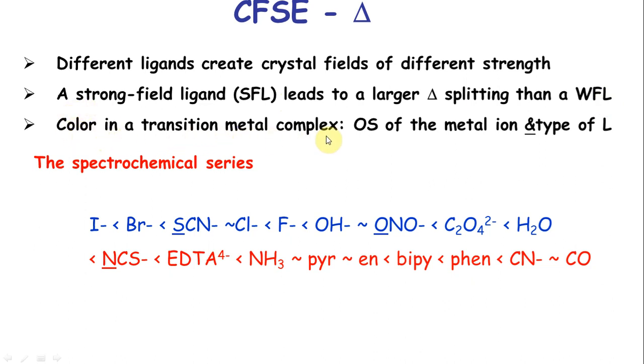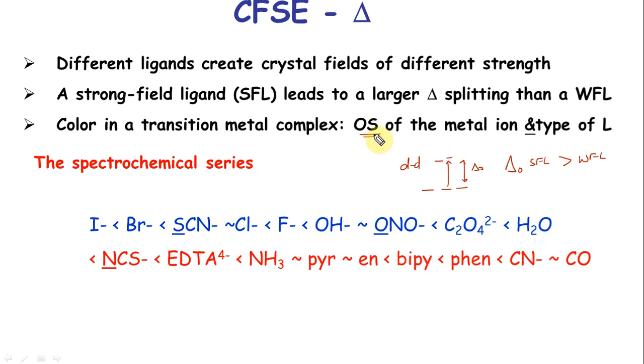The color in transition metal complexes will depend on two things. Maybe if I write it down, it might be easier. Let's say I have three of them, two of them. This is the delta naught. The delta naught for a strong field ligand is greater than for a weak field ligand. An electron going from here to here is a d-d transition, T2g to Eg. The color of this will depend on two things. It will depend on the separation. The separation depends on the oxidation state of the metal and the type of ligand. Oxidation state means a 2 plus compared to a 3 plus.